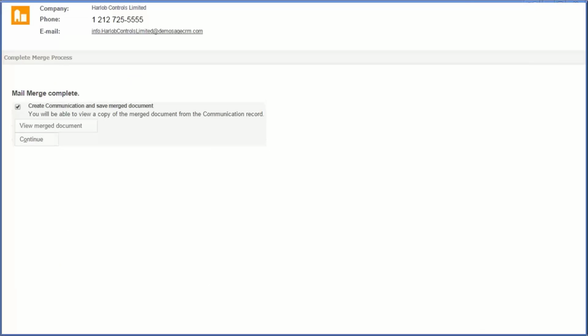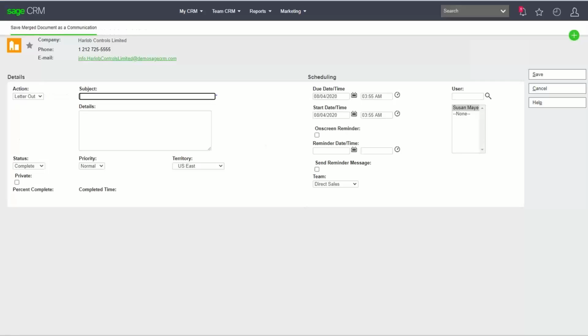Would you like me to create a communication? In other words, put a record in the communication area? Yes, I would. And I'll click continue. And it prompts me to go, right, so what do you want to do with the communication record? So not only is the letter ready to go into the record of a communication, but I've got the option